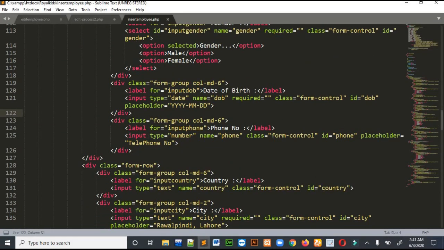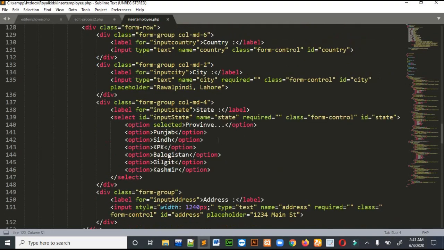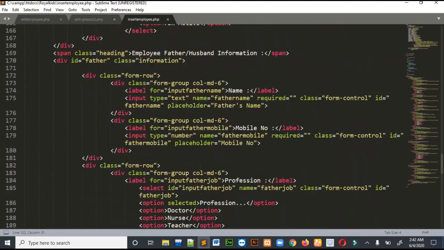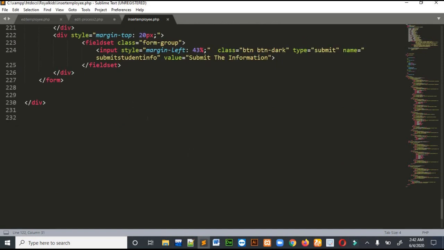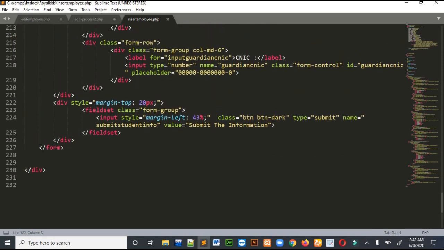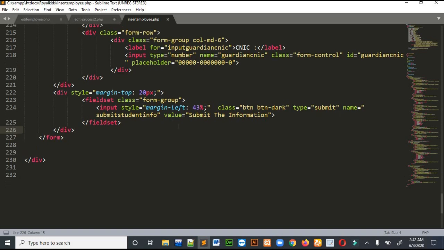For the phone number I used type number, and the remaining are tags and lists, so there is nothing to show you. In the last there is an input with type submit, which will submit the form. It has the value of submit the information and the name of submit student information. Whenever the user clicks this button, all the information of the employee and the student will be submitted.